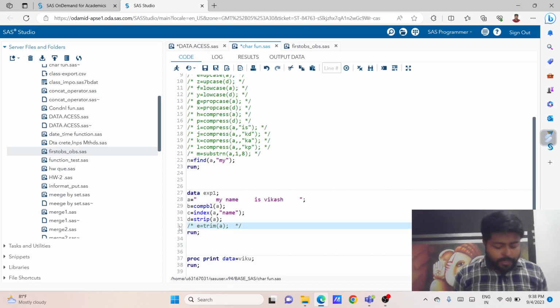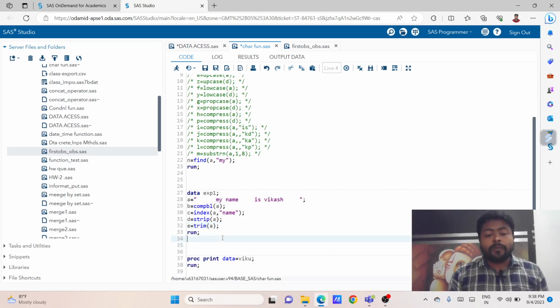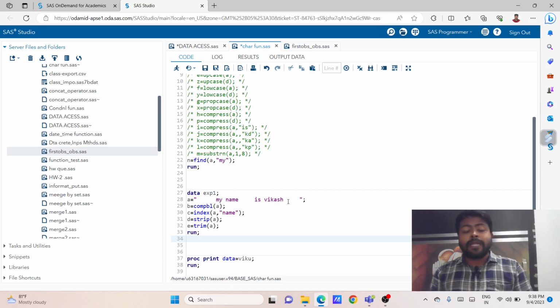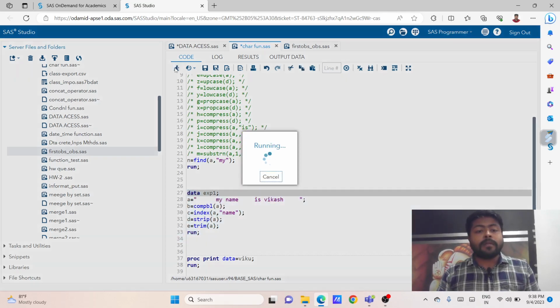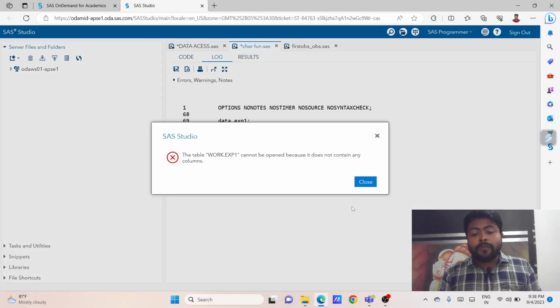Similarly, in the rstrip function, you are going to learn that if you have to remove only the trailing spaces in any statement, any string, any word, that is also possible with the help of this function. So I'm going to store this value in the e variable. I'm using this function just because I want to remove the trailing space from the string a. So this way we can run this program, and we can see the trailing space from the variable,